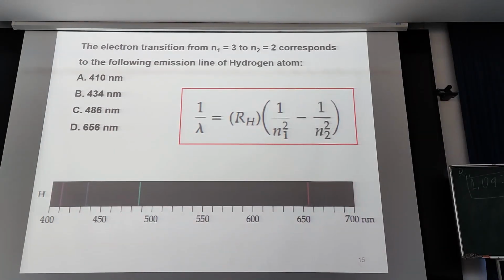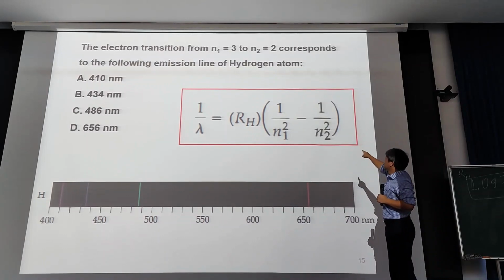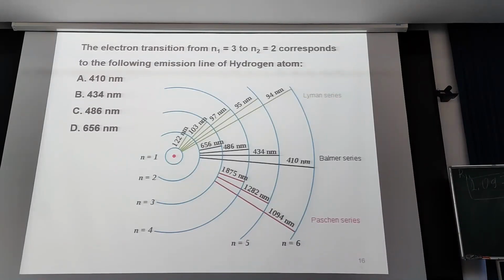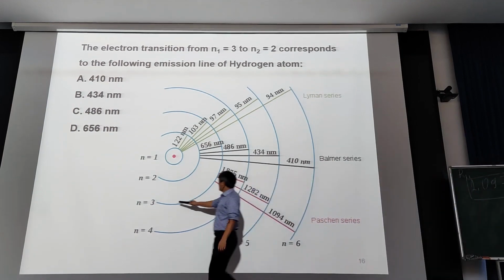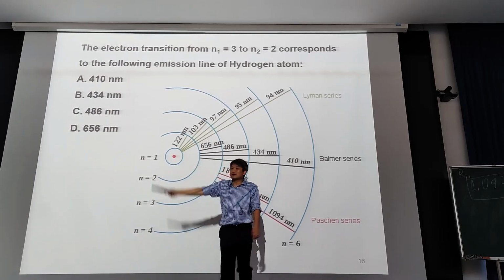A, B, C, or D? D. Huh? D, right? Everyone done? Yes. Very simple, right? You put R1, R2, and then you know what happened. So basically here you have this one, and 3 and 2 corresponding with 656, so the answer will